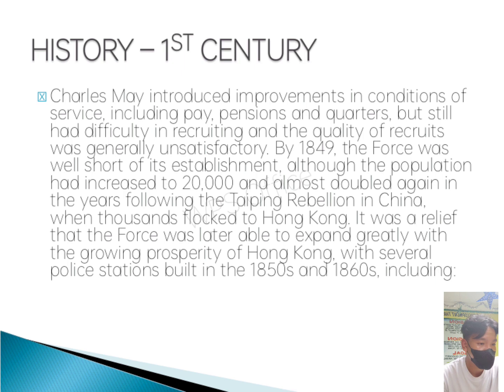Charles May introduced improvements in conditions of service, including pay, pensions, and quarters, but still had difficulty in recruiting, and the quality of recruits was generally unsatisfactory. By 1849, the force was well short of its establishment, although the population had increased to 20,000 and almost doubled again in the years following the Taiping Rebellion in China. When thousands flocked to Hong Kong, it was a relief that the force was later able to expand greatly with the growing prosperity of Hong Kong, with several police stations built in the 1850s and 1860s, including